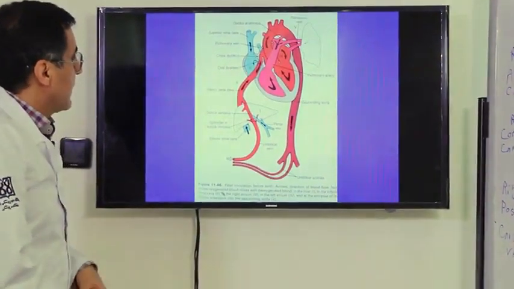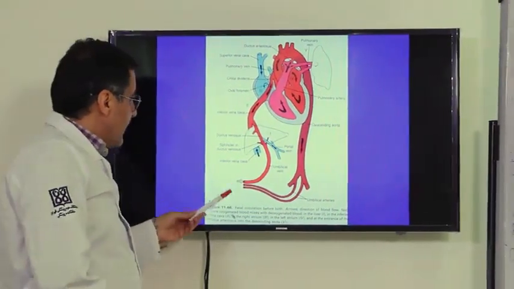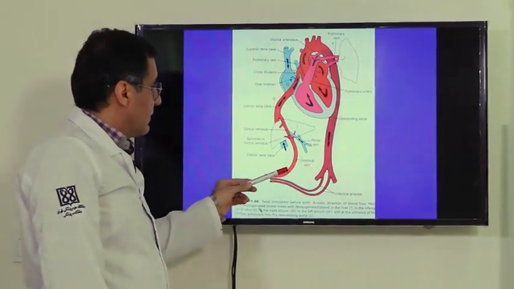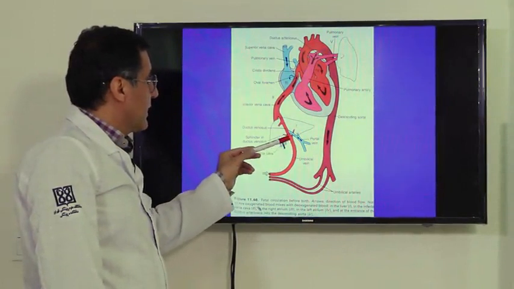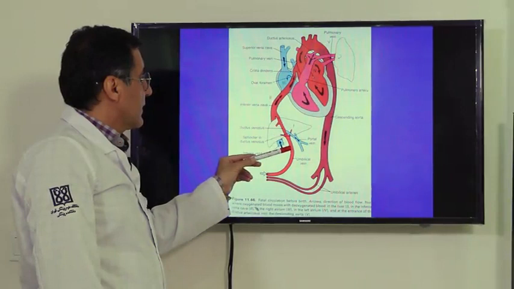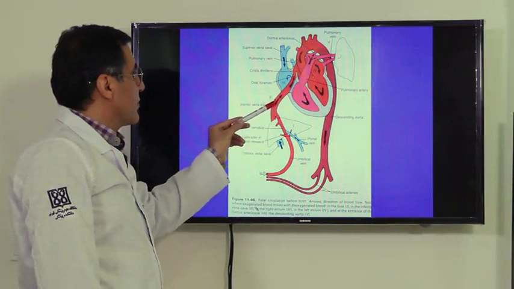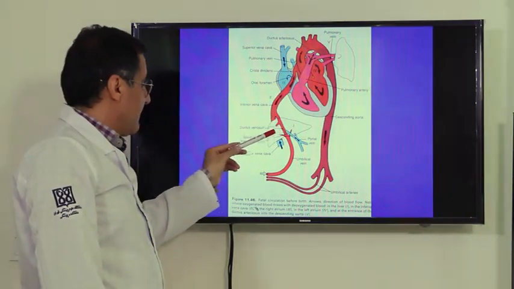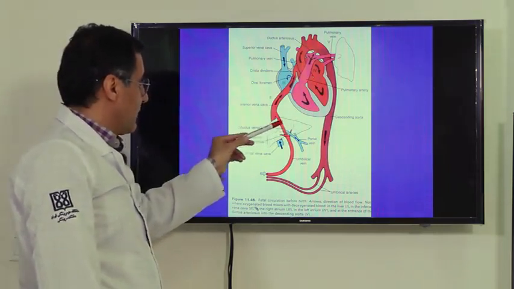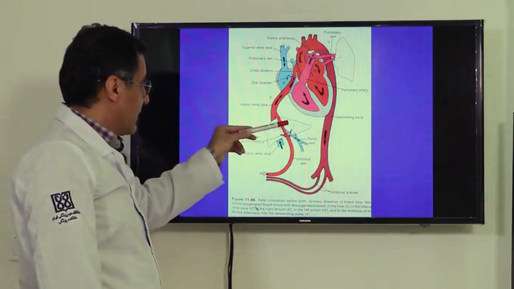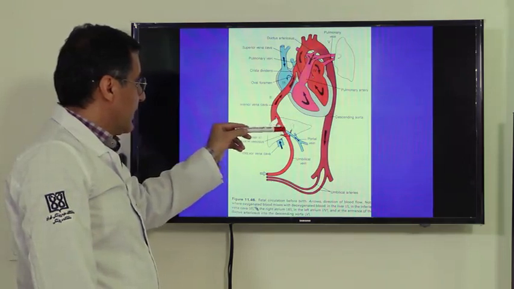And the last picture, you can see the circulation of the blood in the embryo. Here is the left umbilical vein that brings the blood from the mother into the liver, and the blood passes through the ductus venosus to the IVC. Here we have mixing with the oxygenated blood. The first step of mixing is oxygenated blood mixed with deoxygenated blood in the liver,